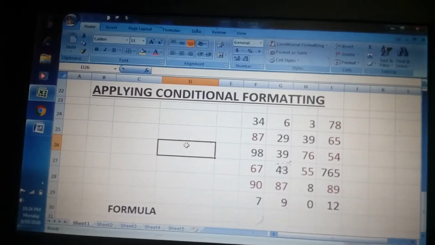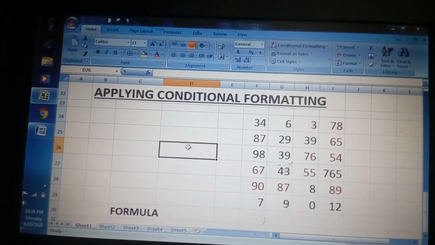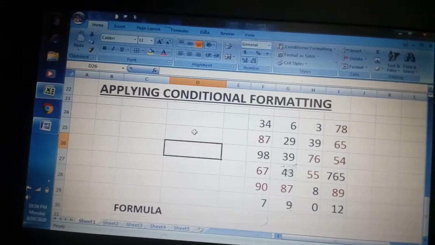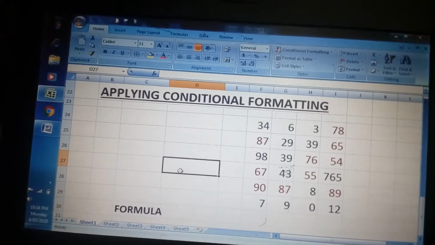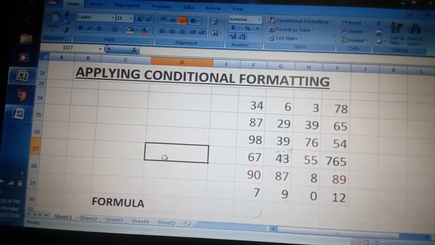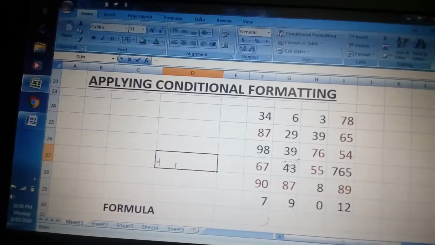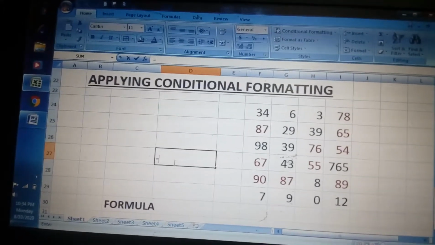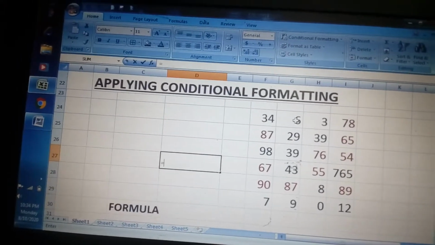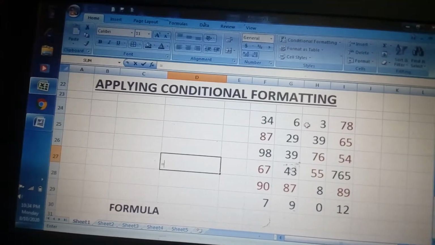To solve a question with the help of a simple formula, let us come to a cell. Any cell you can use. I am taking this cell, put an equal to sign with the help of the keyboard, then add the cell addresses. Let us suppose I want to add this and this, 6 and 3.